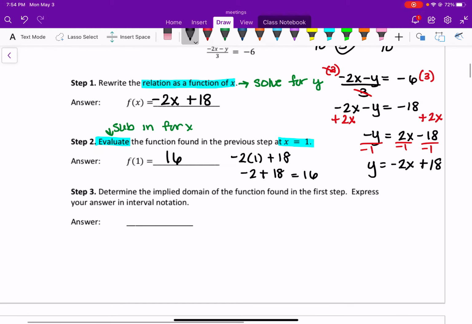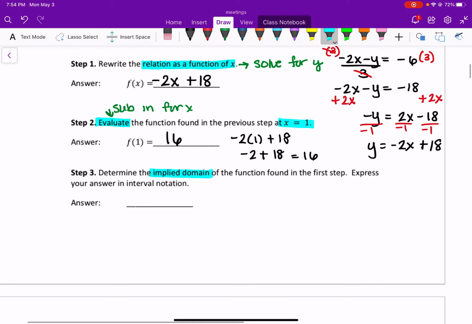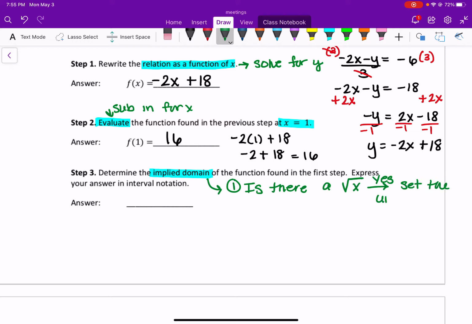All right, so this next one is asking us to determine the implied domain. So when we do implied domain, we have a couple questions to ask ourselves. So question number 1 is, is there a square root? Okay, if we answer yes to this question, we set the underneath greater than or equal to 0, and typically our domain ends up being a bracket with some number to infinity